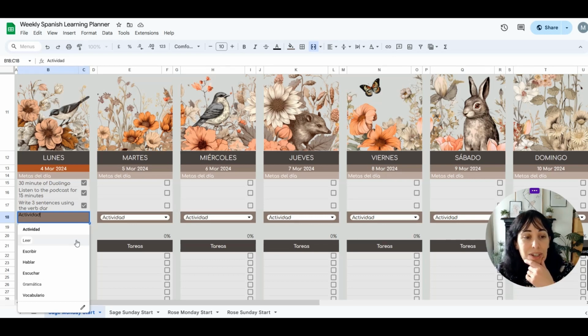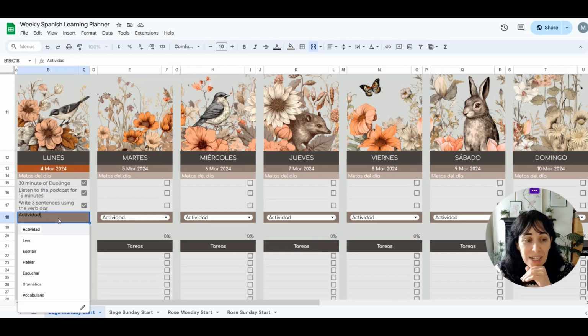Spanish in your daily life, and I thought it would be a good idea just to have this planner completely in Spanish. I see the words are not too complicated, so you can even use this if you're a beginner. Okay, so maybe instead of writing your goals like this, maybe you want to focus on